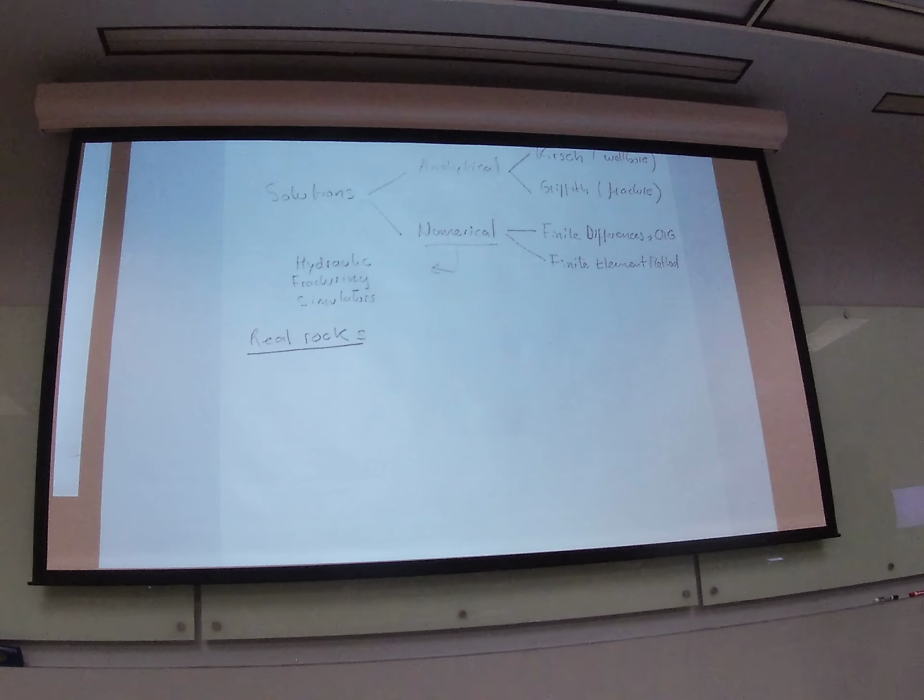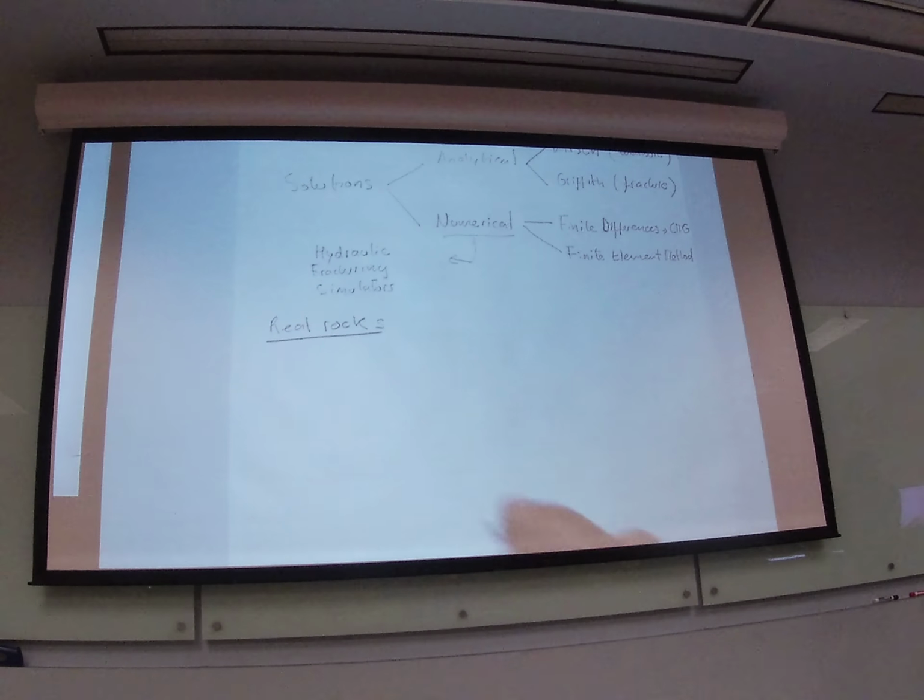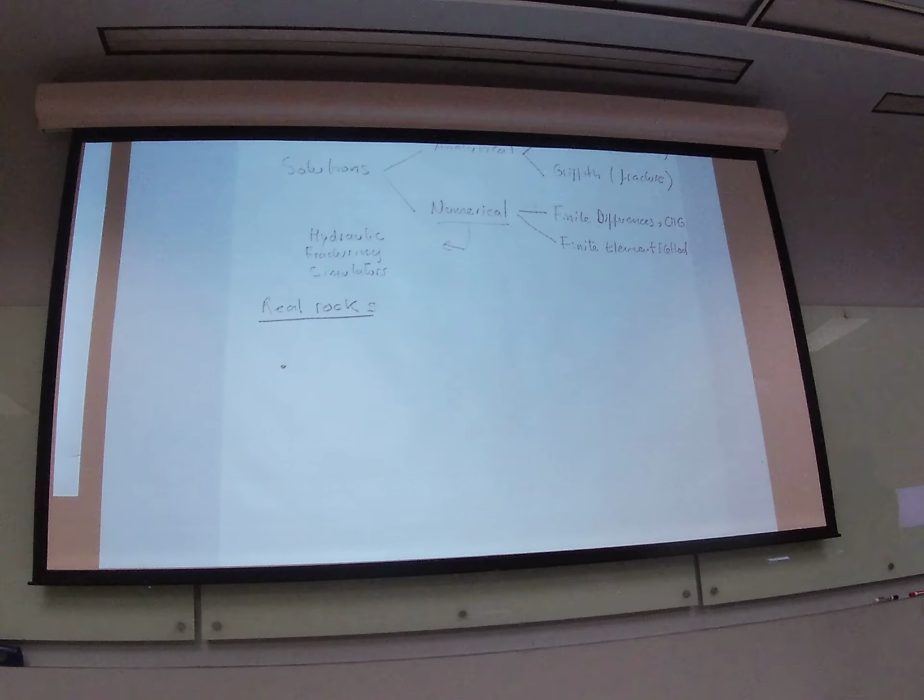And when you want to solve real problems, you're going to have to deal with real rocks. So let's try to see a few of them. The first thing that we have assumed, which is not real in nature, is that rocks are isotropic. And what that means is that